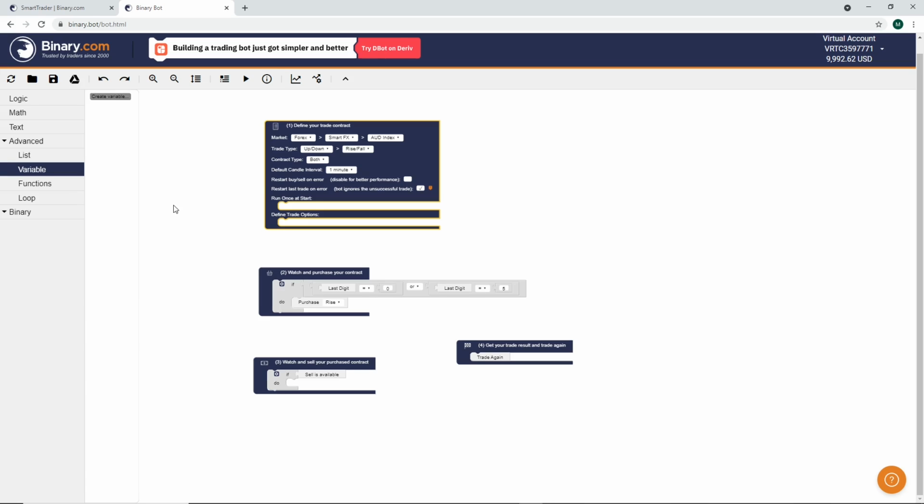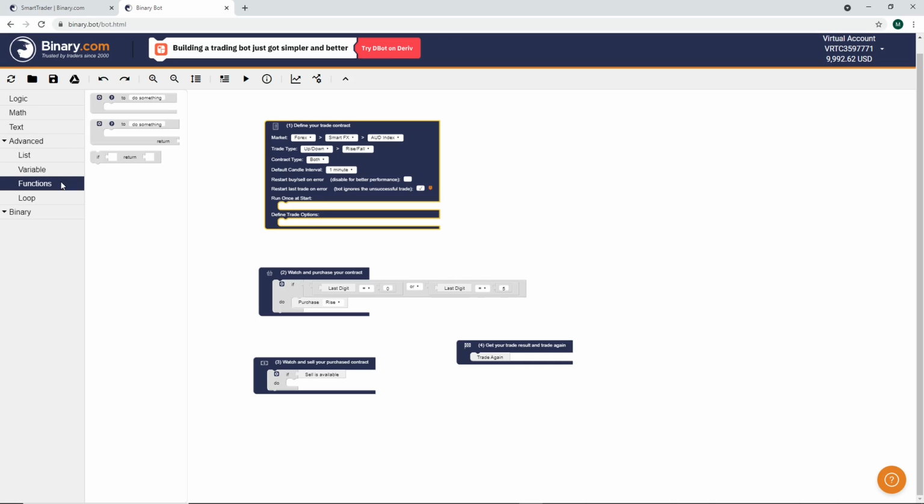At the first time, the bot will prompt the user to give the stake amount. At that time, the user will input the stake amount. We want to store that amount in a particular variable. We want to store the initial trade amount. For that purpose, the variable is used.